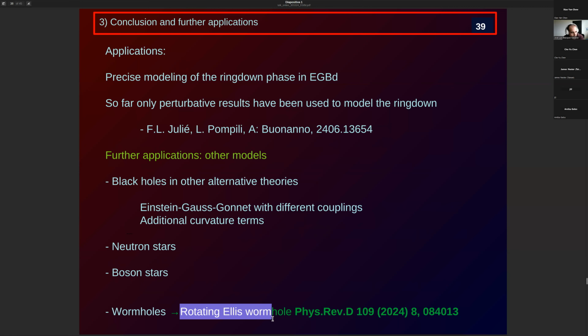This is the Ellis wormhole that probably you all know. It's just the metric coupled to a phantom field, and you can make this the well-known Ellis solution, which is static and spherically symmetric. You can put some angular momentum, make it rotate, and we have used this formalism to study the quasi-normal modes and obtain all kinds of interesting results. If you are interested, we can talk more later about it. But yeah, in general, that's what I wanted to transmit, and I hope it was clear enough. That's the end. If you have questions, please ask me. Thank you very much.